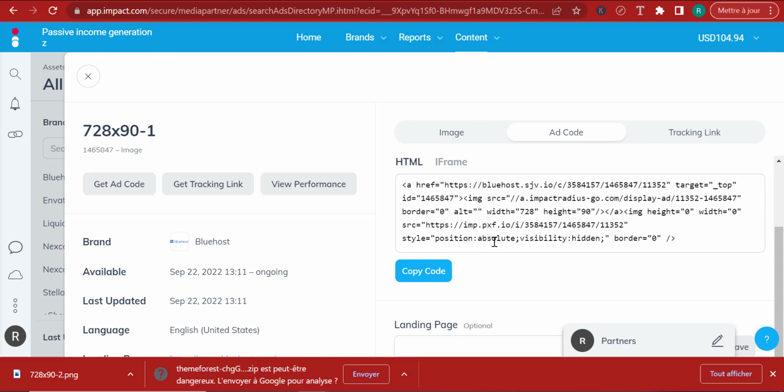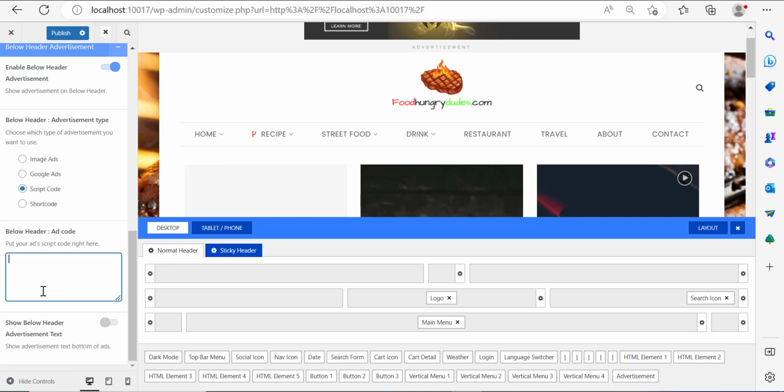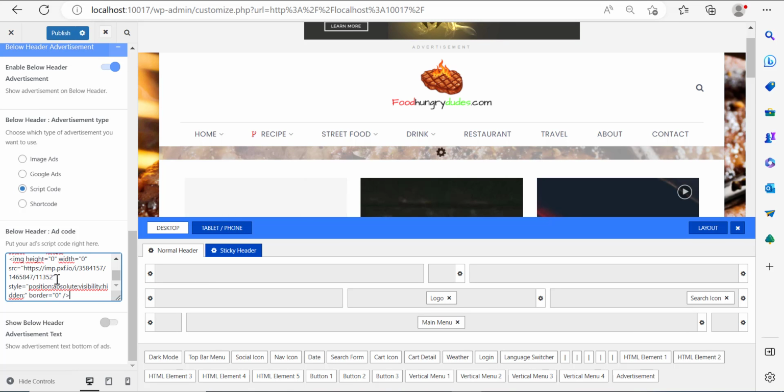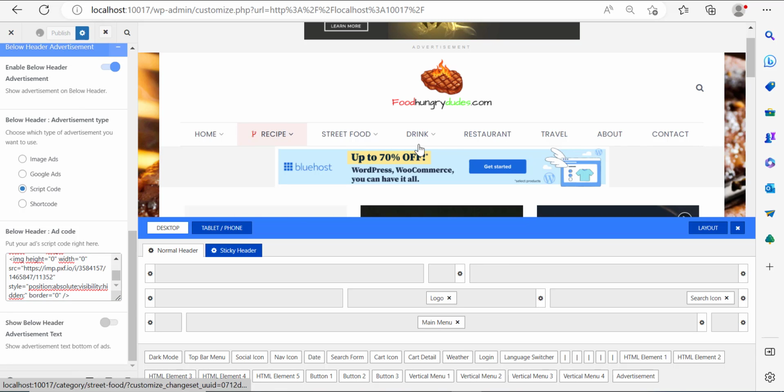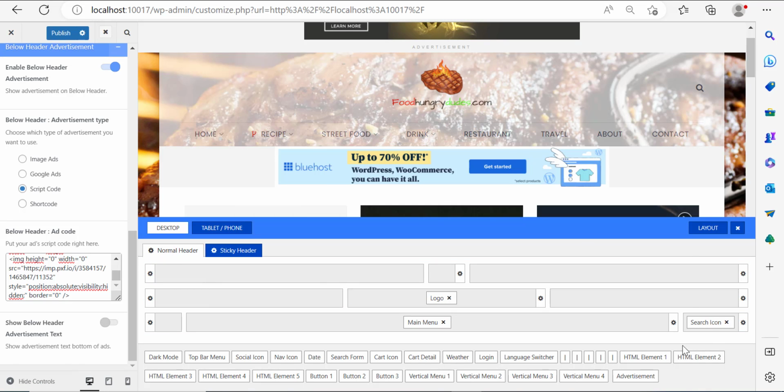I'm going to go to add code, copy code. Code is now copied to clipboard. I can come back here, paste my code, and that's it. So if I publish, you can see that right now my ad is going to display underneath the menu, not with the menu. So now I can take my search icon and place it here safely, and it will be in the same line,